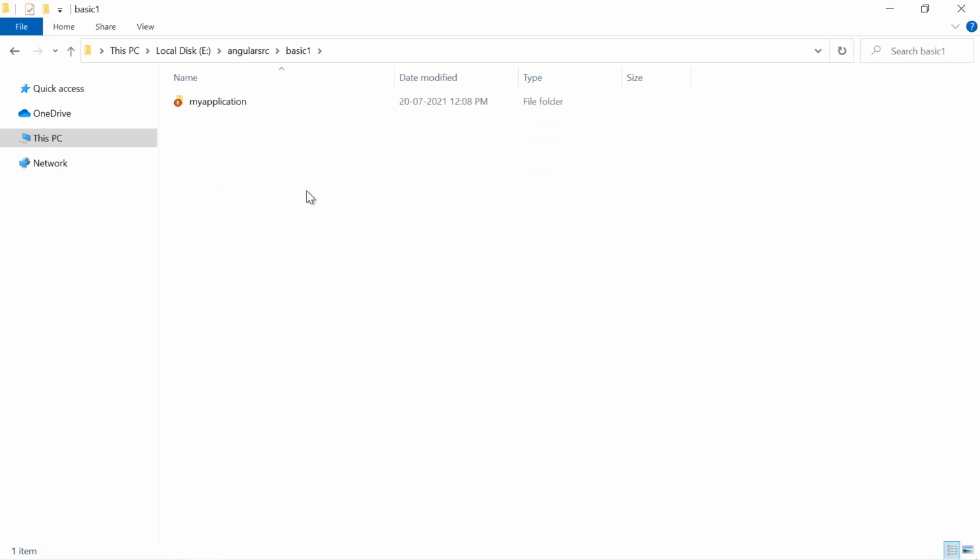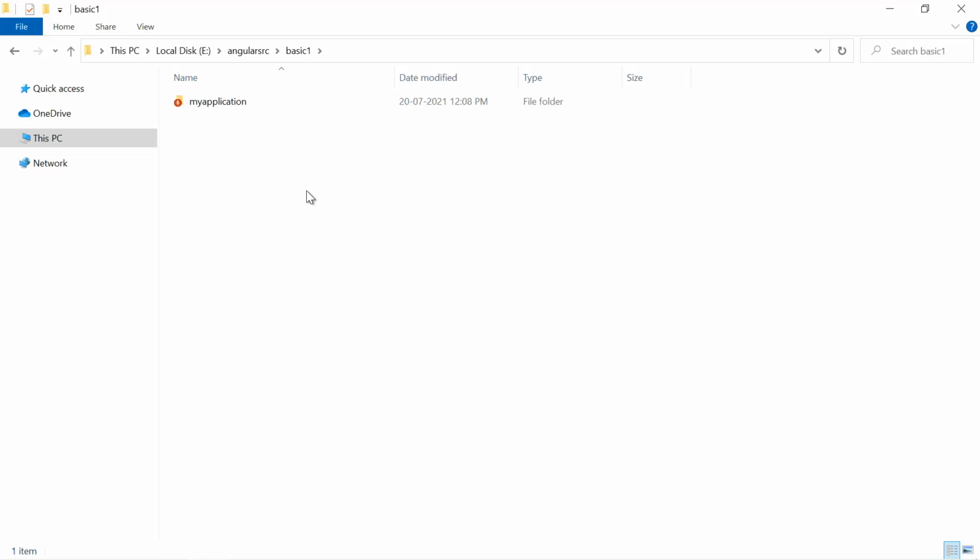Other than Angular, if you have worked on .NET, Java or PHP, then over there we had a solution, and inside one solution we had multiple projects. We had some web application projects, some library projects, and some different types of projects. Can we do something like that here in Angular? Yes, we can. The solution that we call in .NET, here we call a workspace. So here we can create one workspace, and inside one workspace we can create multiple applications and multiple library projects. Let's understand that concept first.